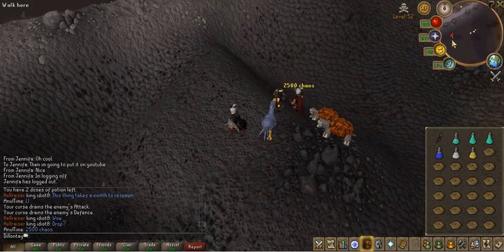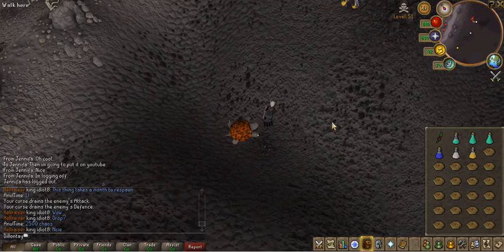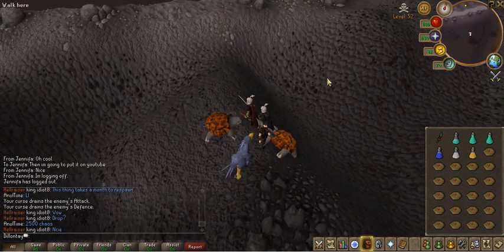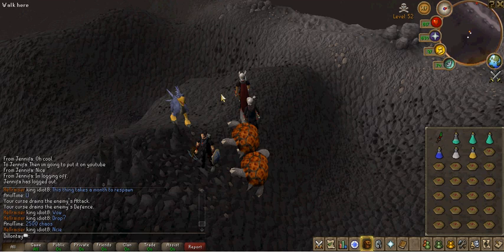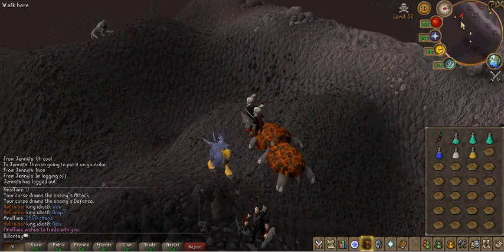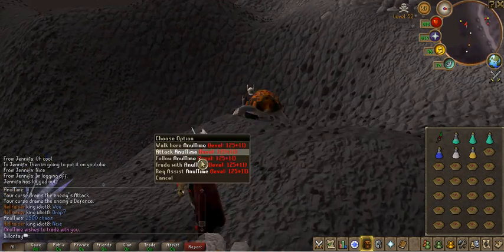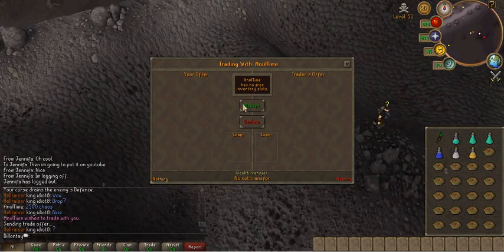So what we're gonna do, see right here, my clanmate Anal Time, he said that we got a 2,500 chaos drop. 2,500 chaoses is the most chaos runes that the elemental will drop for you. He can drop anywhere from 250 to